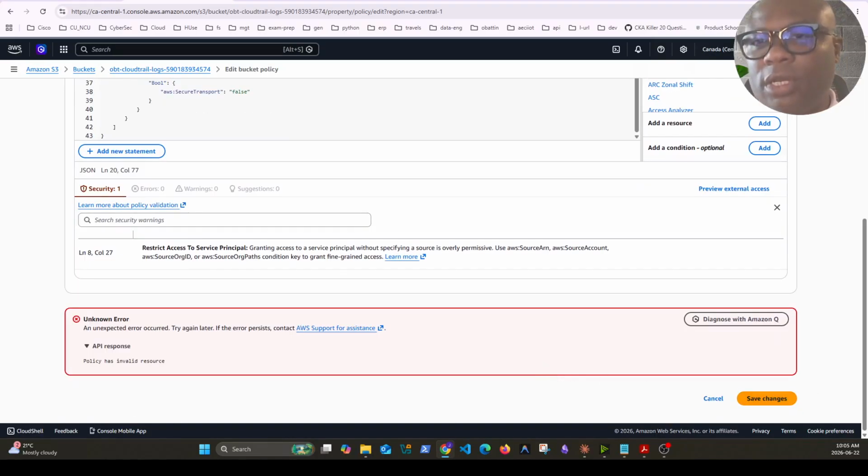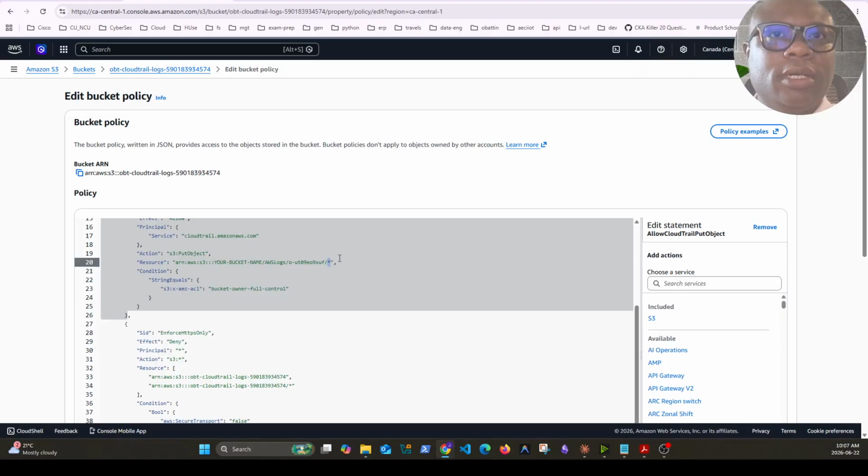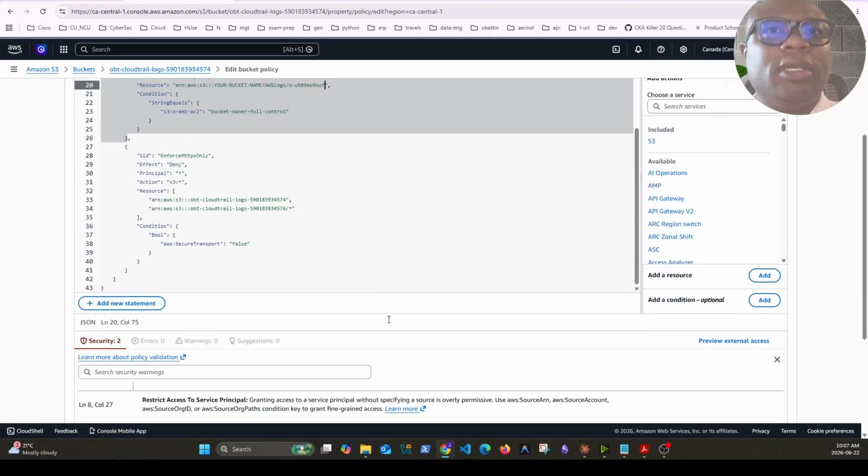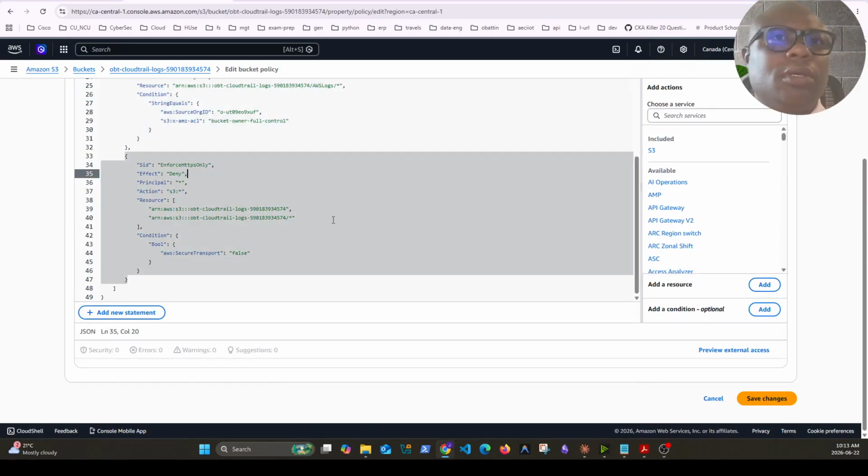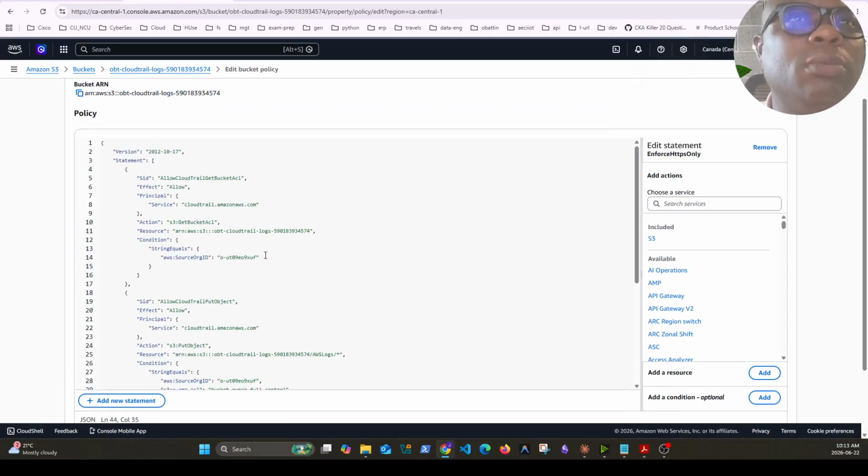We have some errors. Fix that. So I think the error is here. This trailing asterisk shouldn't be there. After removing that, the same here. So I corrected it. I think I have some trailing stuff. So if you look at this particular policy, here is one action here, get